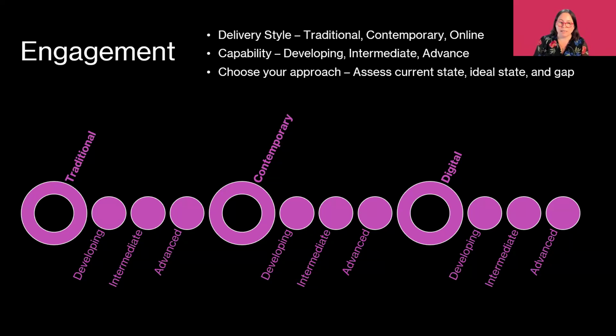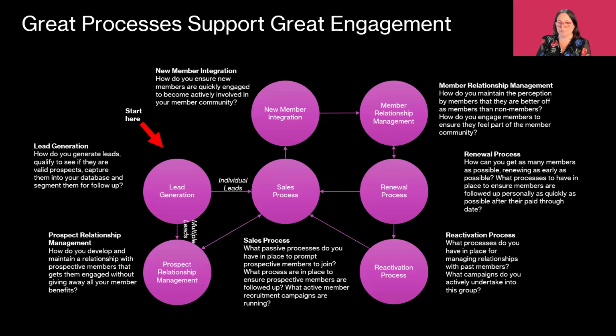One of the things that really enables these kinds of engagement approaches to be effective is great processes. Now, I know this is a really detailed slide. I'm just giving you this to illustrate, and I've provided the notes so you can look at it after, but look at member recruitment and retention. In the old days, and I still remember those because we didn't have email or websites back then, it was all done over the phone and you'd keep a spreadsheet or a card file. But recruiting and retaining members is a process that you can optimize using automation and technology, and definitely AI.